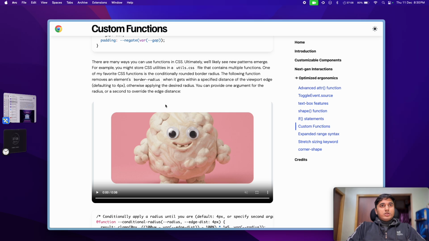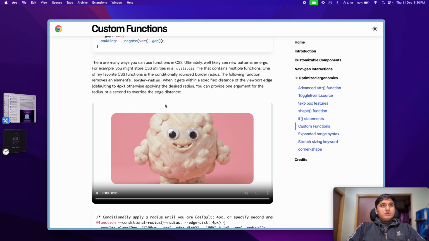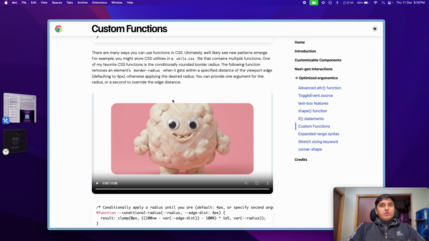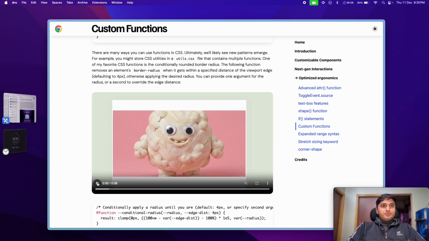It removes an element's border radius when it gets a space, defaulting to 4 pixels. Otherwise, it applies the desired radius. You can provide one argument for the radius, or a second to override the edge distance. So if we say this,